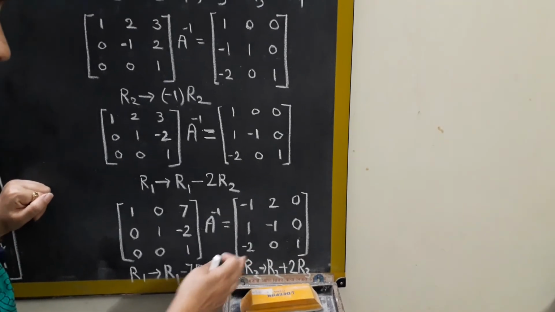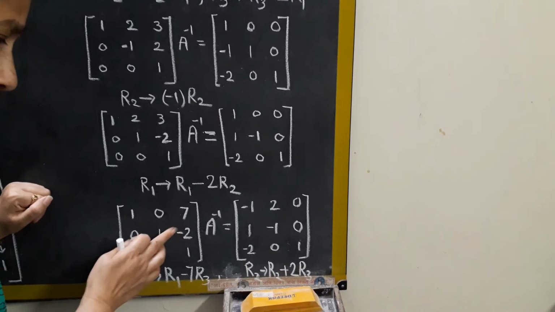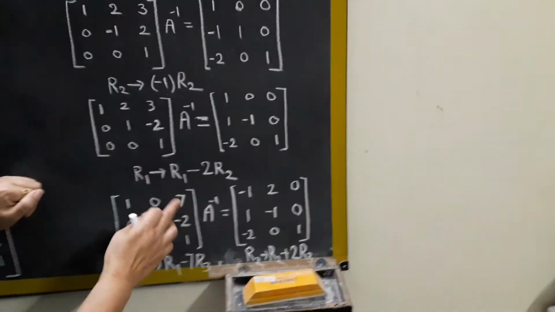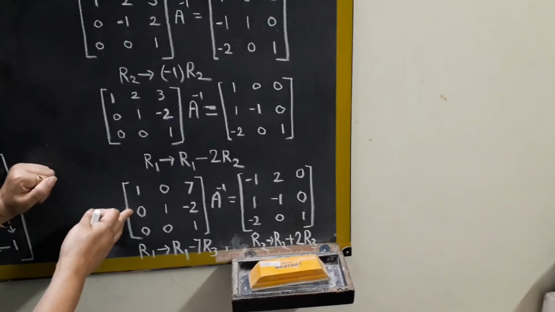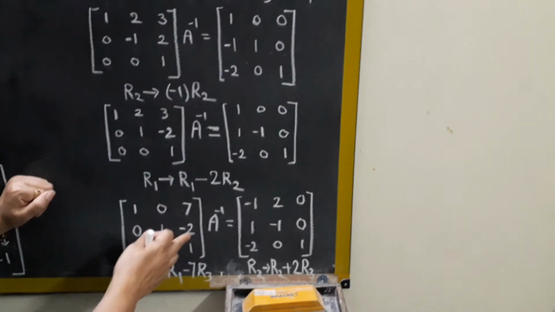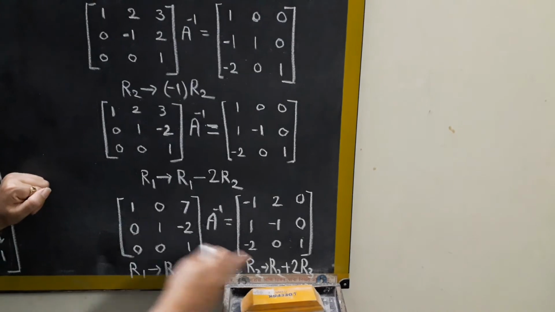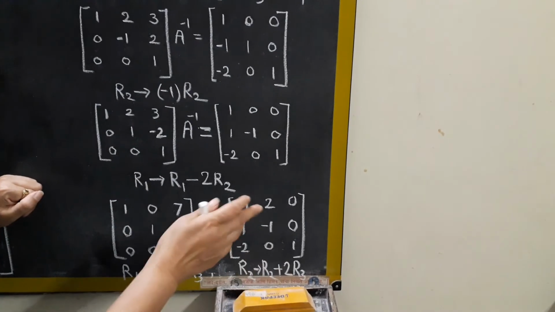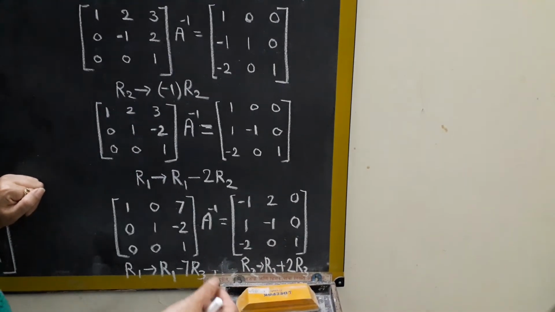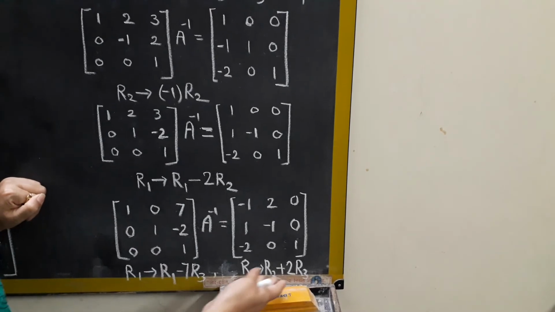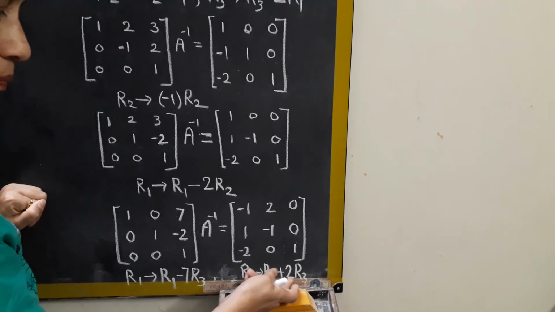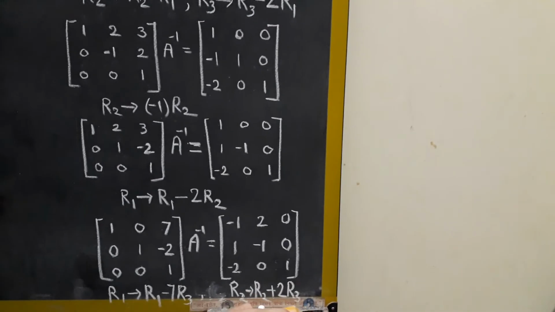In the same manner, to convert this number into 0, we are changing R2 position, and R2 with the help of this, the opposite of this minus 2 becomes plus 2. So remember that K need not be always minus, it could be plus also. So plus 2 times R3,